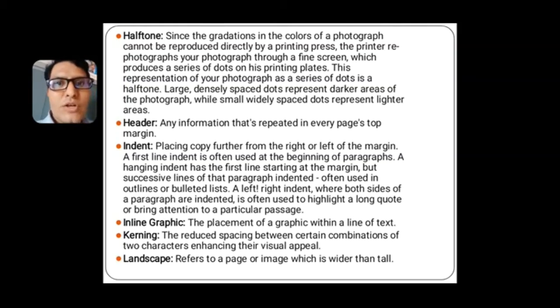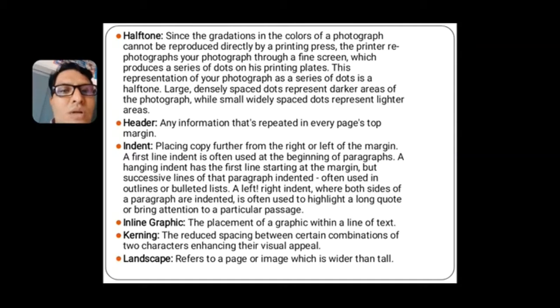It will be available in your Word as well as in your DTP. So these are very important. This is a technique we use to reduce the gap spaces between characters, and we can fit more characters within a single line or within a paragraph.